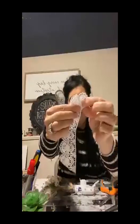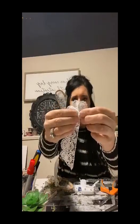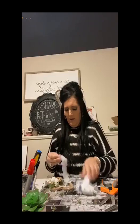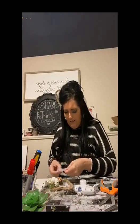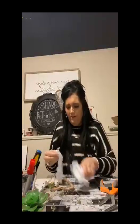So I'm just going to take it just like this and scrunch it. And we're just kind of gathering it. Like if you were sewing, you would just keep doing this and gathering it and gluing as you go, okay? So you could continue to do that in a circle and make kind of like a little flower, or you can continue to gather it. I'm just going to do like a half moon type shape and not go all the way around because I'm going to have these little